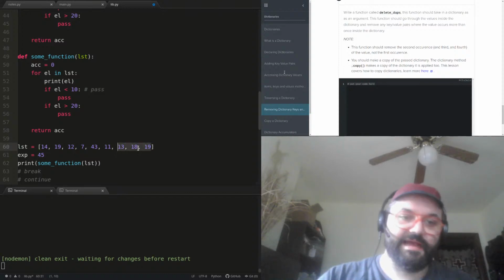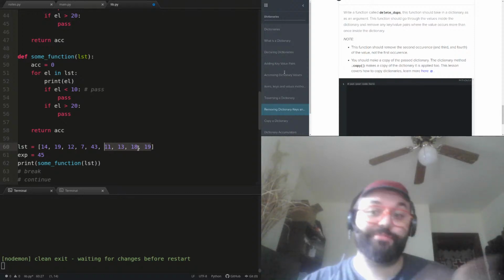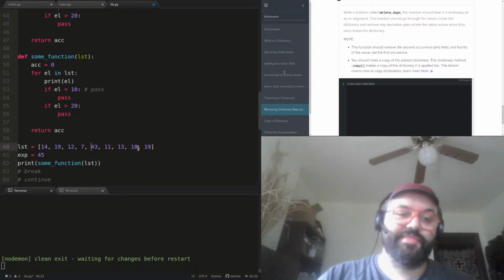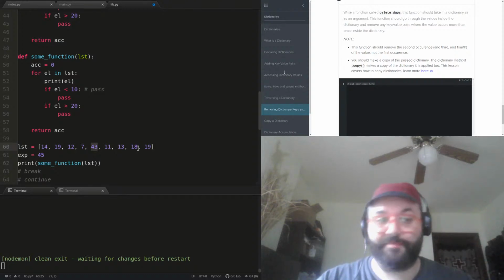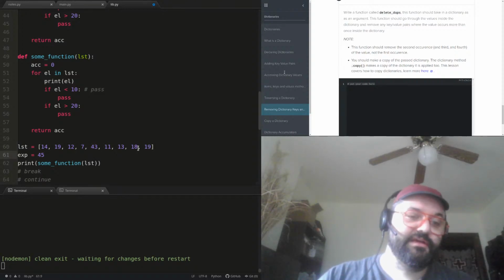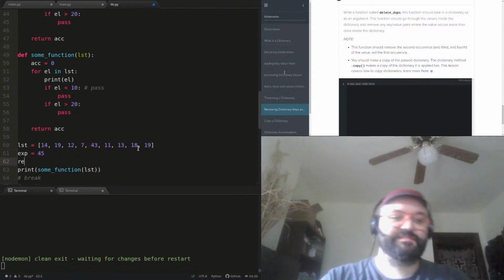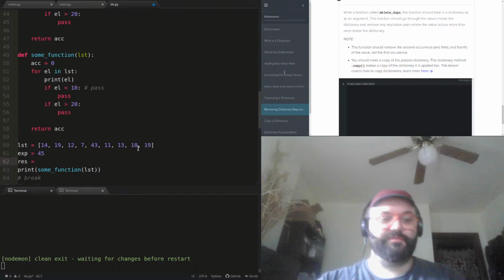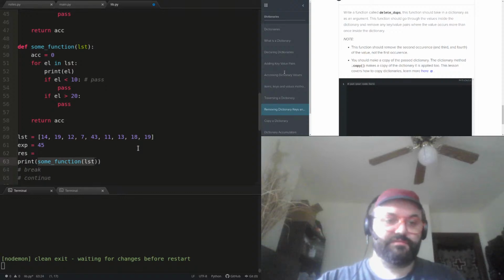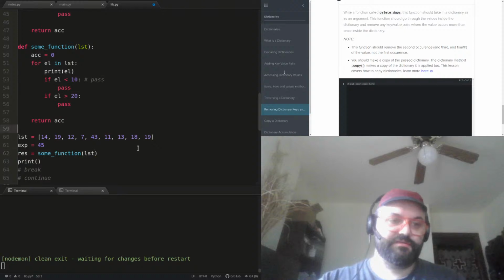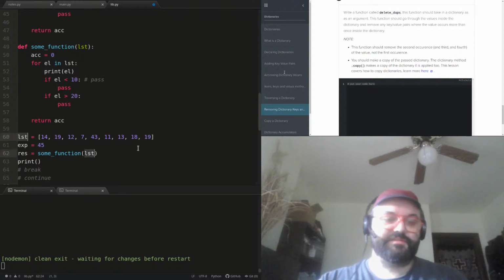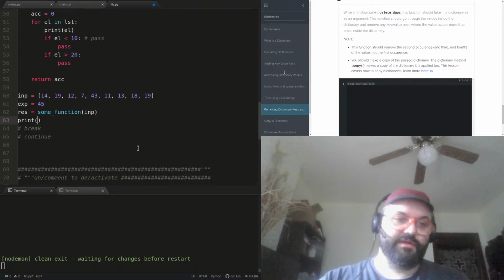So we're not going to add any of these. They would be valid numbers, but since we had this number that's greater than 20, we want to stop adding things. So I'll just do my regular tests: res equals some function. I'll call this inp for input. So I have my input, which is the list.